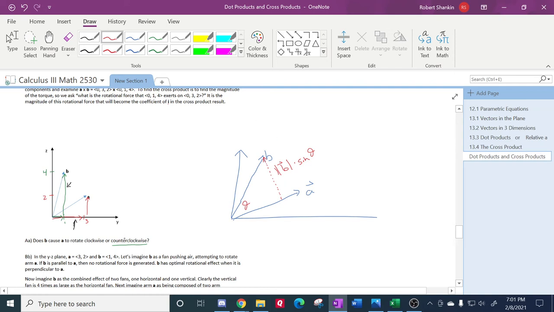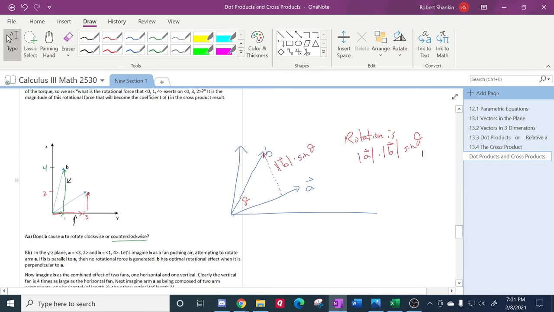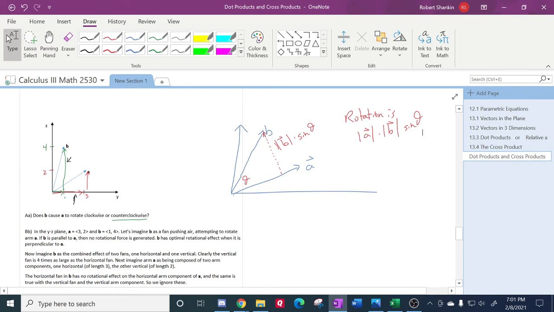We'd answer this question in this way: the rotation is magnitude of A times the magnitude of B times the sine of theta. But that's also the same amount of rotation, and it seems crazy, but it is if you had this plank being affected